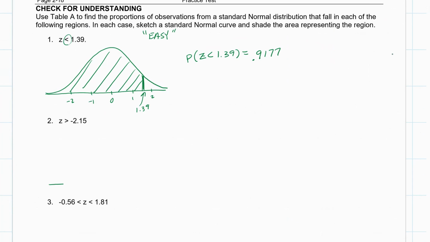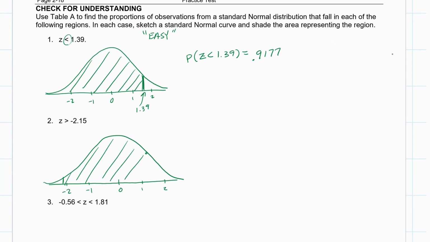Okay, next problem. Again, draw that normal distribution. Middle at 0, 1, 2, negative 1, negative 2. And again, about that changing curvature for the place for the 1. Negative 2 is way down here. Oh, but we want to be greater than that. Okay, that means this problem is a 1 minus problem,